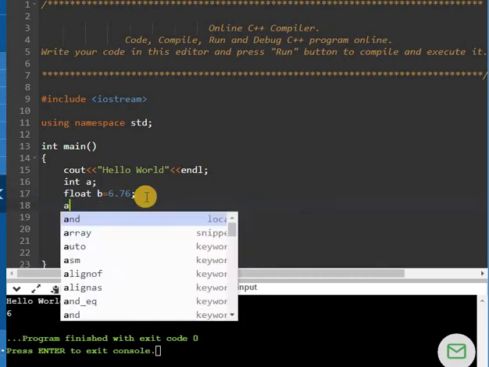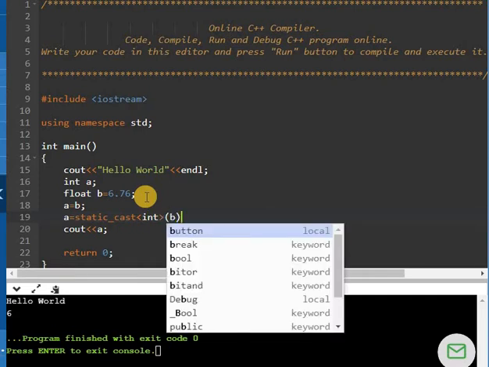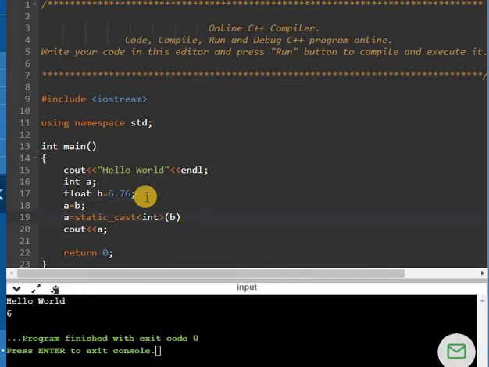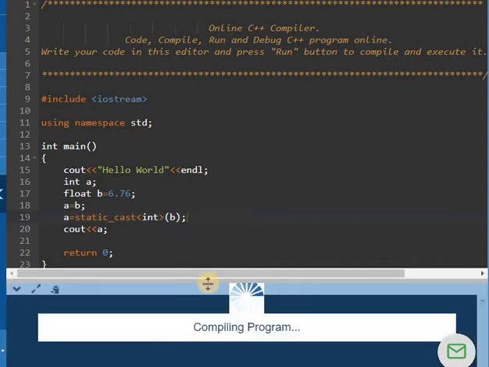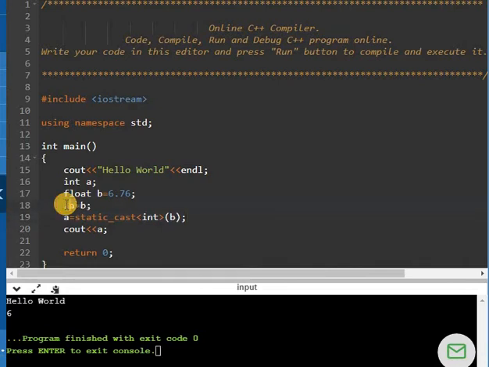So I will just write that statement here also, and in angular brackets I mention explicitly the type into which I want to convert my value b. I will write the variable itself and then I will display it. So we will run this program. Again you will get the same output. So these are two different methods of type conversion. This statement defines the implicit type conversion and this one defines the explicit type conversion.